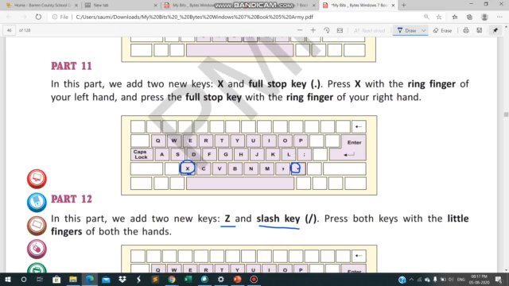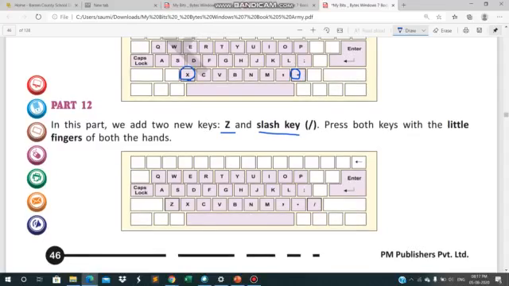Press both keys with the little finger of both hands. Now we have the Z and slash keys, that means Z is on this side and the slash key on this side. So we have to press both the keys with the little finger of both our hands.